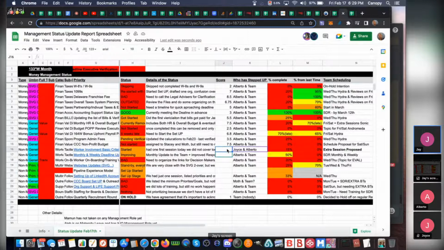right? It relates to the priority of the work and making sure the work is done. For me, the main concern of the worker involvement criteria is not doing the work; it's the responsibility of organizing, right? The whole thing is just a big, huge mess. The actual work itself is not a priority. It's the fact that it's just not being done because the responsibility of organizing is so bad, and the work that's being done is not being done efficiently or effectively in any way whatsoever, right? So the work itself is not that much of a priority at all, right? It obviously should be getting done, but if it was a high priority,